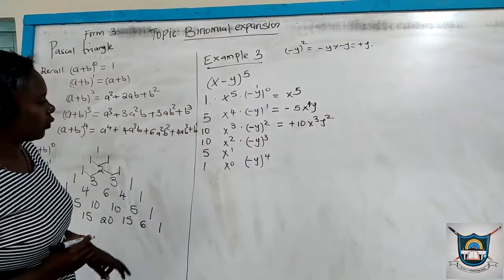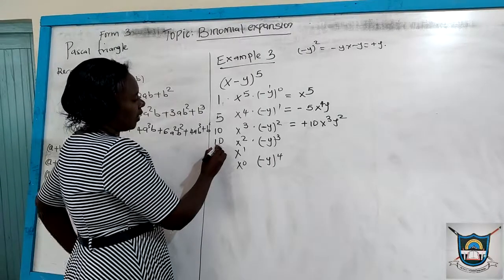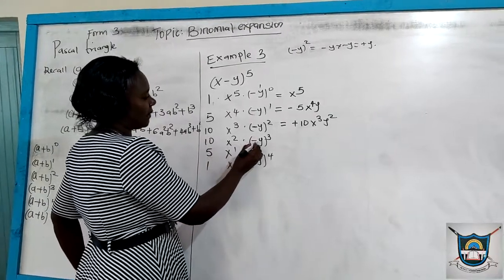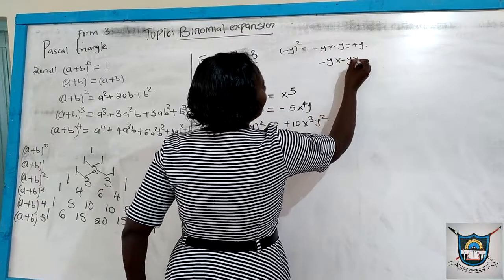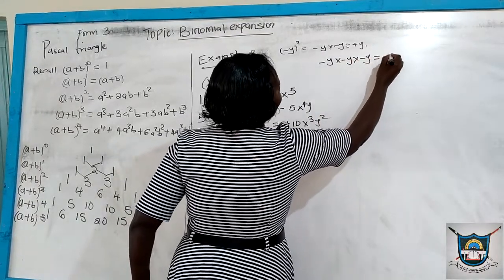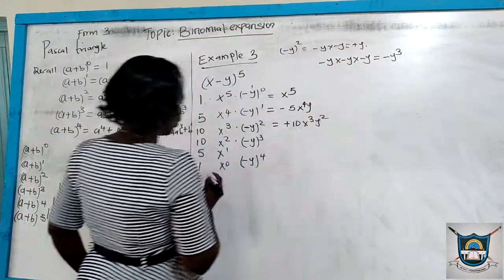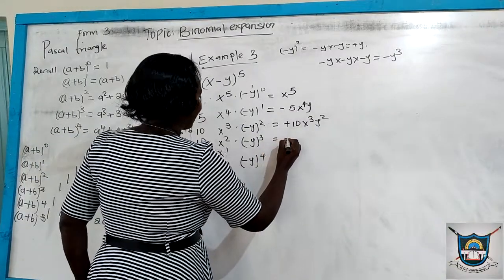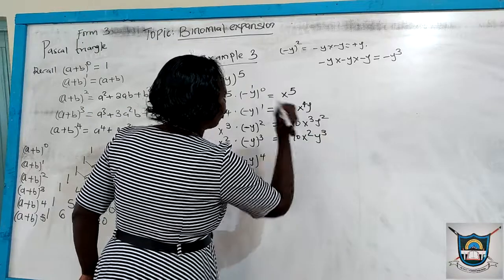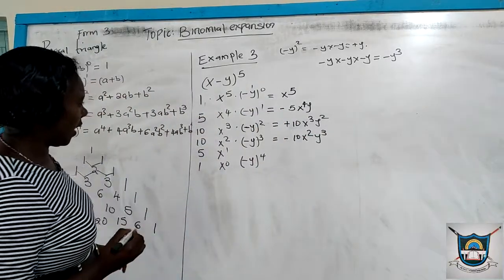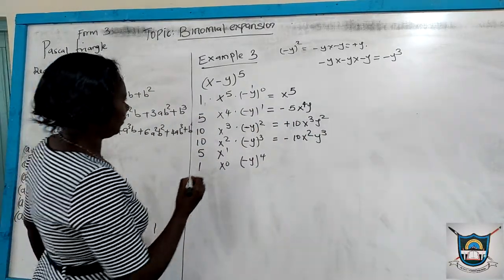From there, we go to the other term. We have 10 times x squared times (-y) cubed, which means negative y times negative y times negative y, which gives us negative y cubed. So we will have negative 10x squared y cubed. The last one,